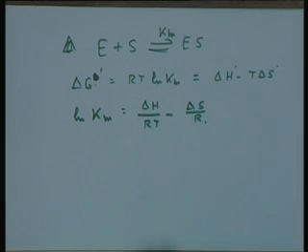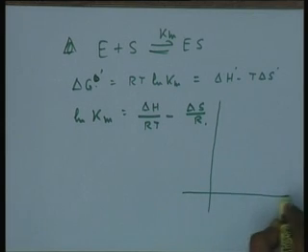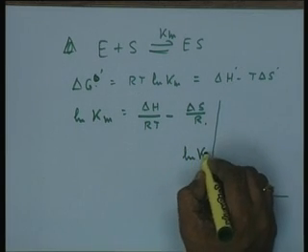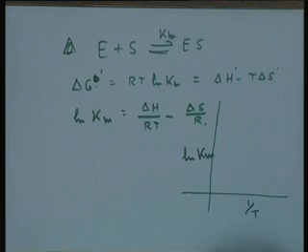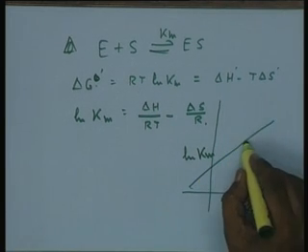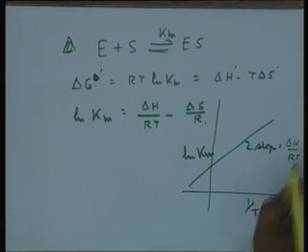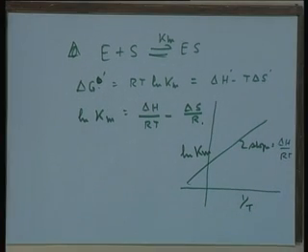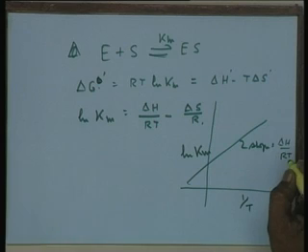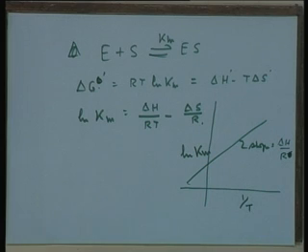So, a very simple situation arrives: if you determine the Km values for an enzyme catalyzed reaction experimentally at a number of temperatures, and then make a plot between ln Km and 1 upon T, you will end up in a straight line with a slope of delta H over R, not T. So, one can easily get the magnitude of delta H, the enthalpy change during the enzyme substrate binding.